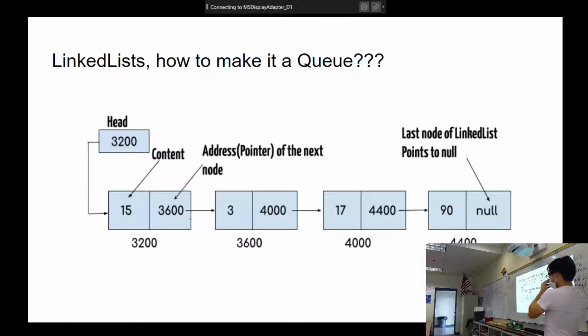So I hope you guys understand how we can manipulate nodes, and we can change these. These are a lot more free in comparison to arrays, right? A lot more free in that we can change nodes around, move nodes around.